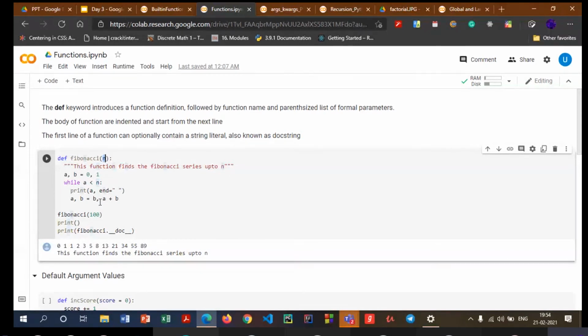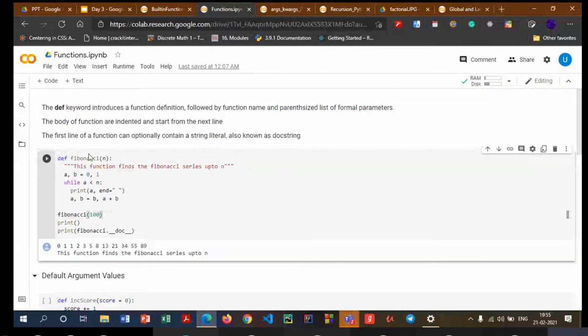Over here in this function, which is the Fibonacci function, my basic idea is to calculate all those Fibonacci numbers up to n. So for example, let us consider this example only. When I give the parameter as 100, I want to calculate all Fibonacci numbers starting from the very first number, that is 0, up to 100. Since 100 is not a Fibonacci number, the number before 100 which is a Fibonacci number is 89. So up until this point, I want to calculate all the Fibonacci numbers. This is the basic idea of this function.